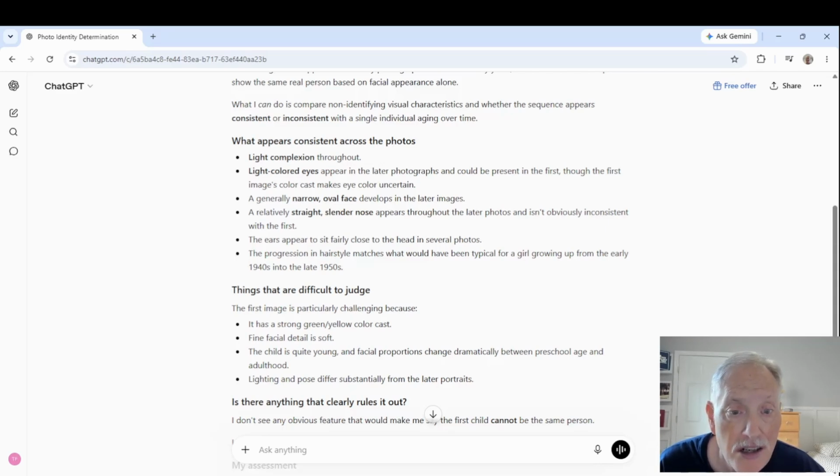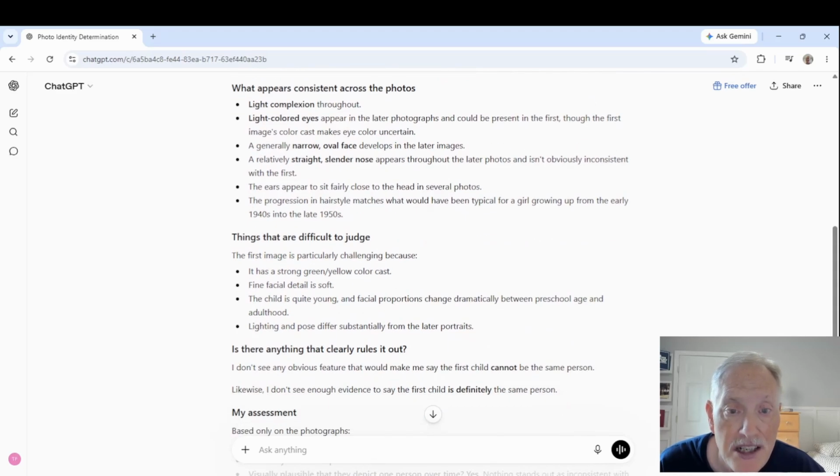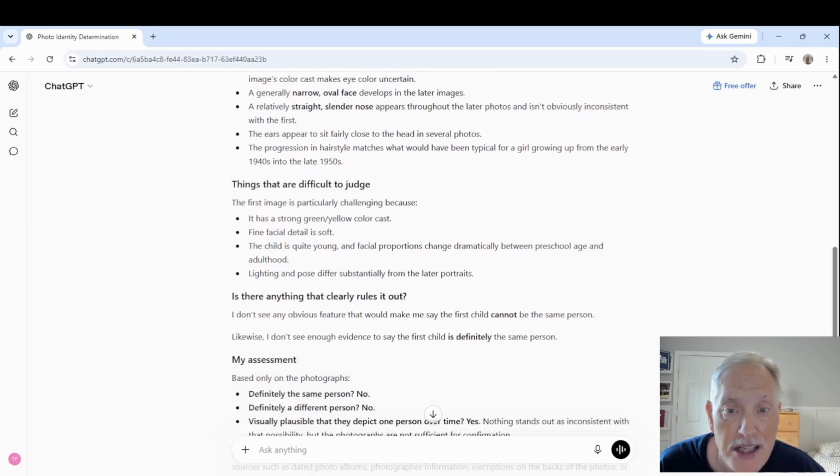A generally narrow, oval face develops in the later images. A relatively straight, slender nose appears throughout the later photos and isn't obviously inconsistent with the first. The ears appear to sit fairly close to the head in several photos. The progression in hairstyle matches what would have been typical for a girl growing up from the early 1940s into